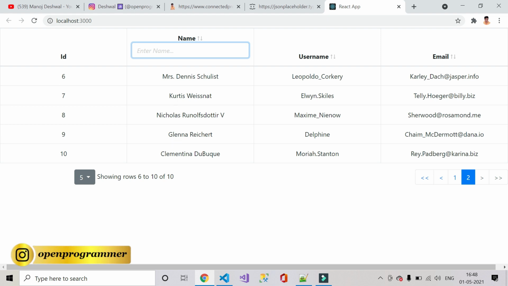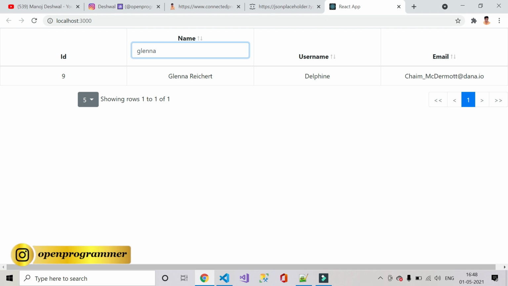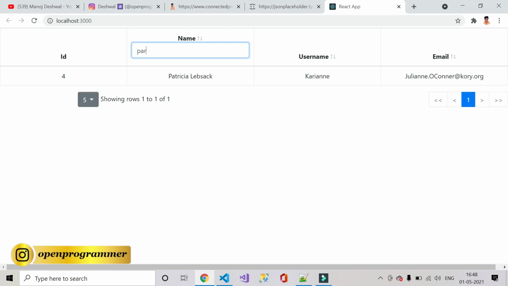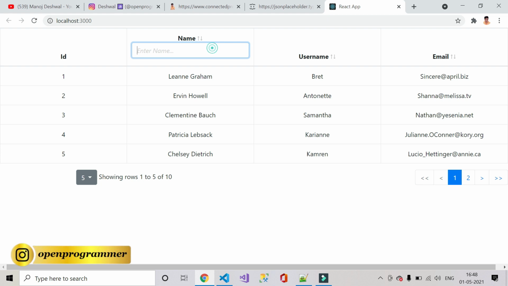So let's try with GLE, LNA. You can see the filtration is working perfectly. So Patrica. By using this you can apply a column level filtration, or search, you can say.